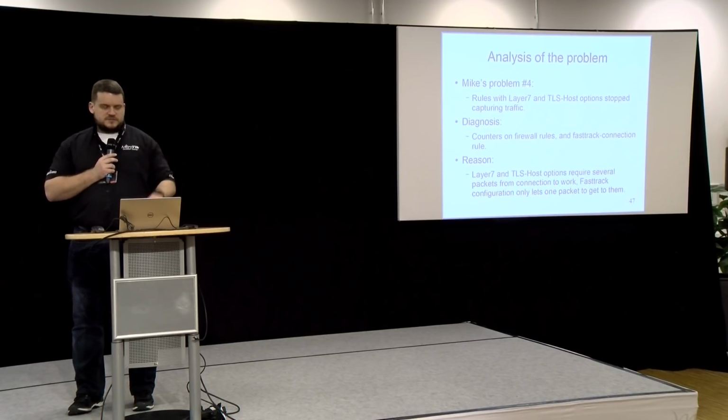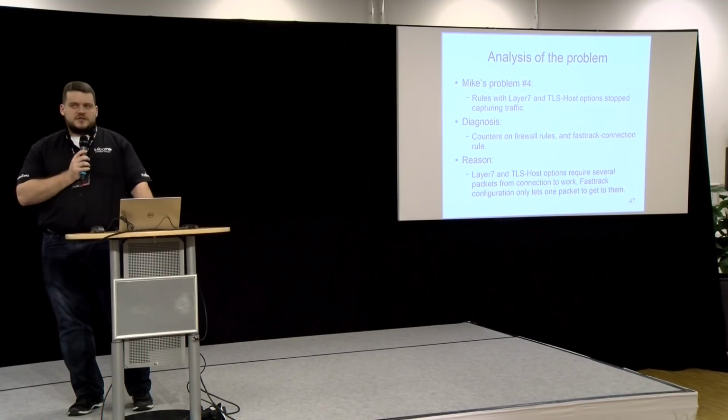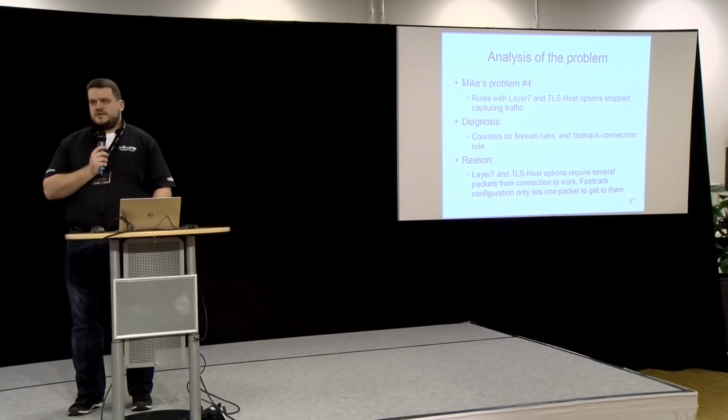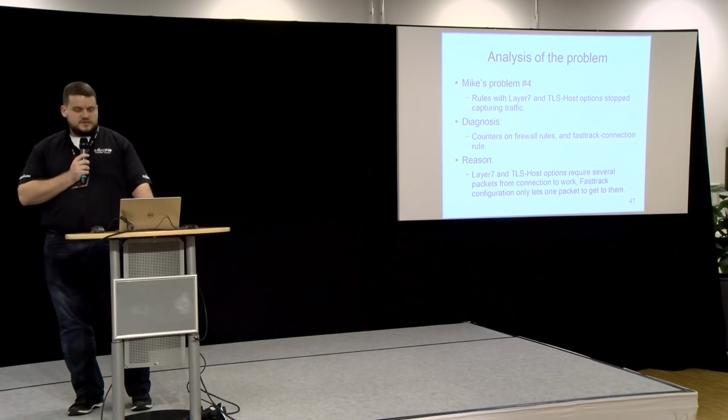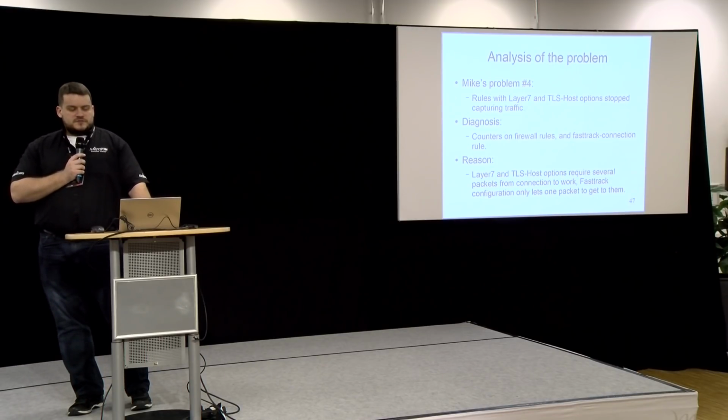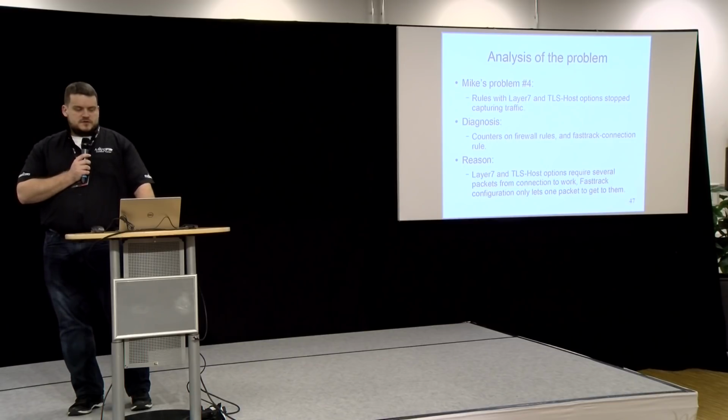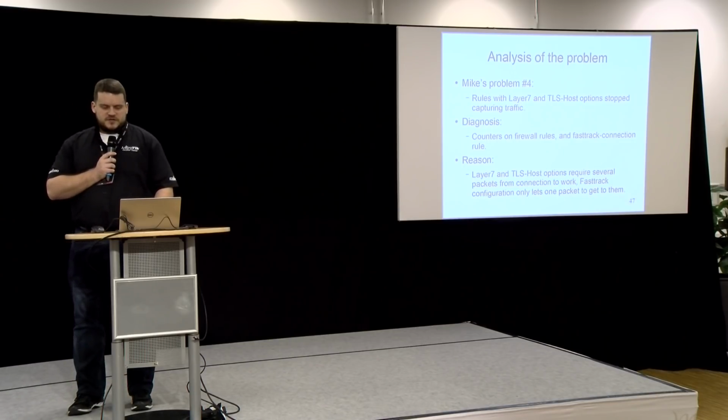So, of course, as soon as he enables this fast track connection rule, Mike starts getting problems. The first problem is layer 7 and TLS host options stopped capturing traffic. They don't block YouTube and Facebook anymore. Counters of the rule don't count, but the fast track connection rule counts pretty nicely. The reason is very simple. If that rule was added,